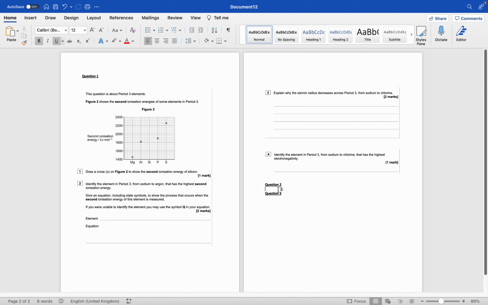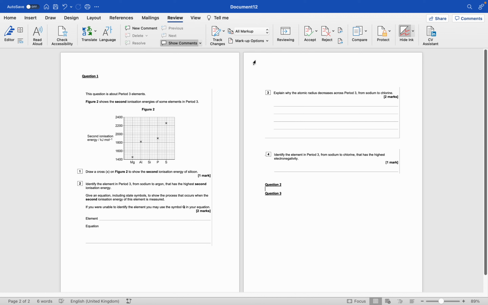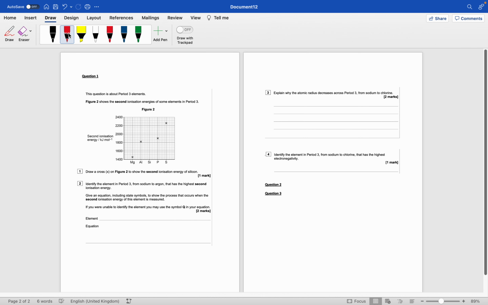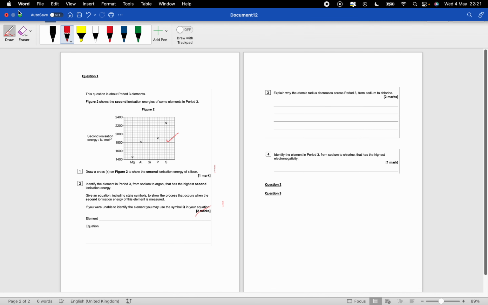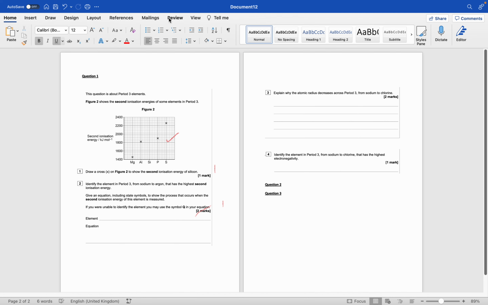And when it comes to marking the paper, ideally, if you've got something like a graphics tablet or a writing pad, you can get one of these for, I suppose, around 30 to 40 quid if you're willing to spend that money. There are ways to use a graphics pad to tick or write the number of marks per question. So let's say this question got 1 mark. I would maybe do something like this. But you don't have to spend money on that. You can just do things like